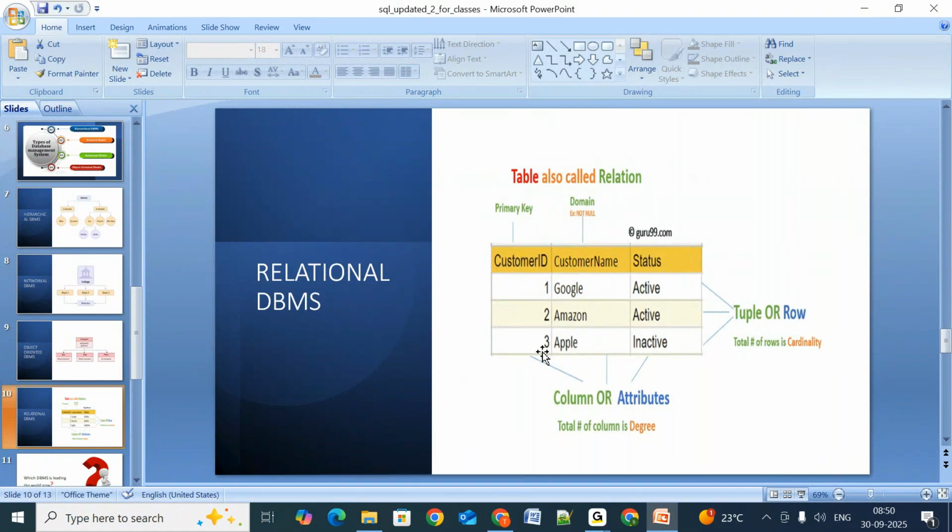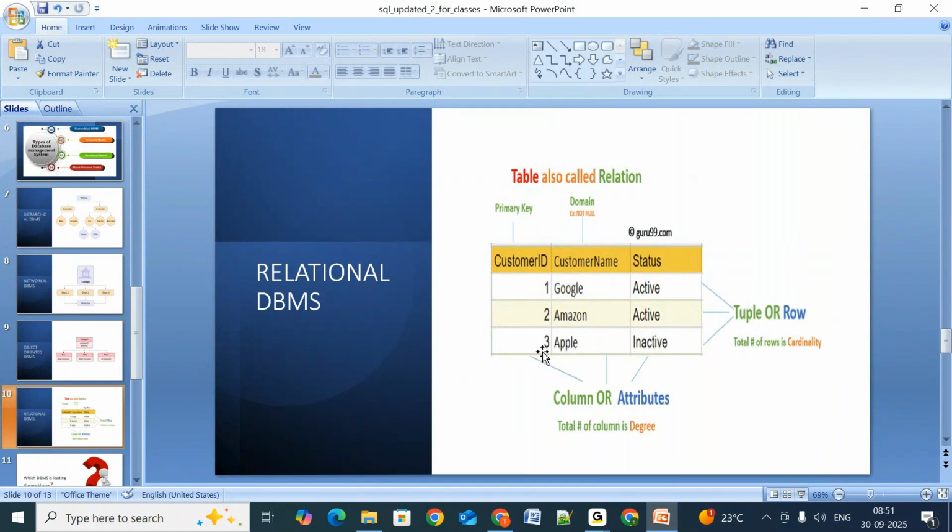If I do it in a descriptive format, next time my teacher will never ask me to do that, because for her or him it is very difficult to see who got the first rank, who got the last rank, who is lagging in which subject, and whom I should help to gain more marks next time. Teachers can't do this analysis if you have your marks in descriptive format. So that is where we preferred a table. That is how EF Codd thought, and he thought the database also should be in a table format.